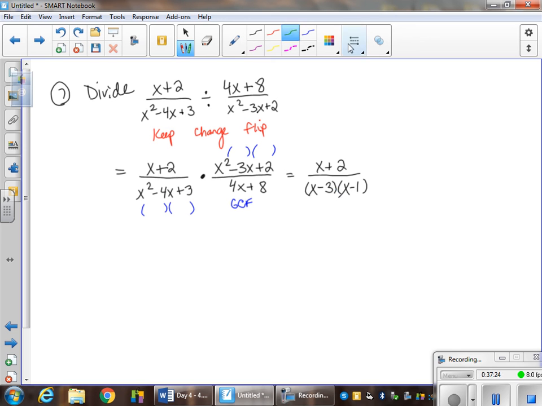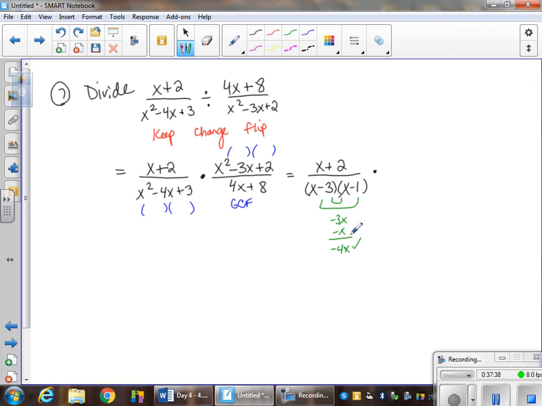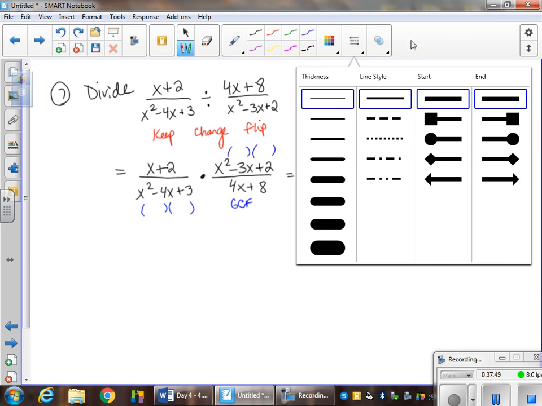If I want to check inner plus outer equals middle, I might do it on my paper or in my head. It's up to you. Negative 3x, negative x. There's my negative 4x, but negative times negative is positive. Okay. Again, this is completely optional. For the purposes of these notes, well, I'll leave it here. I'll leave it in this case because it's not in the way, but just know that that's entirely optional. Okay? Times